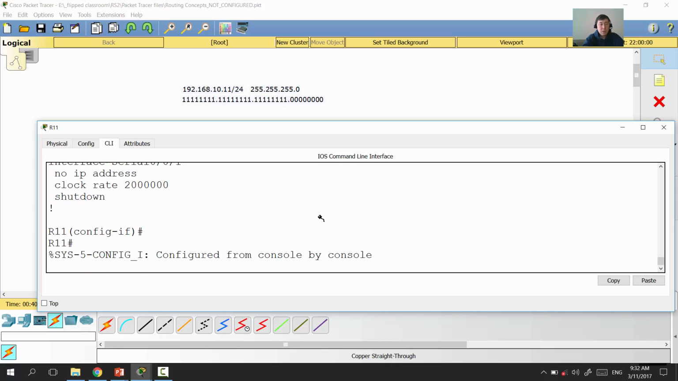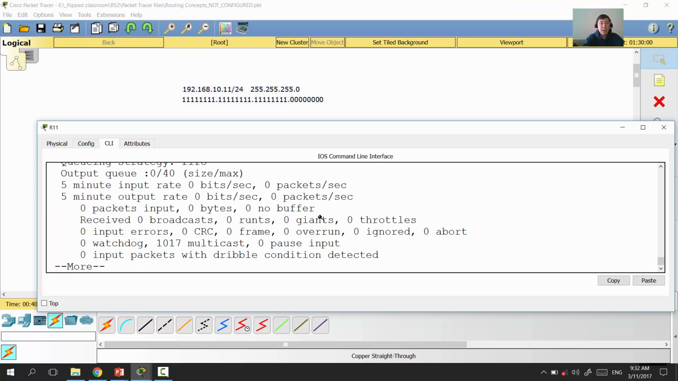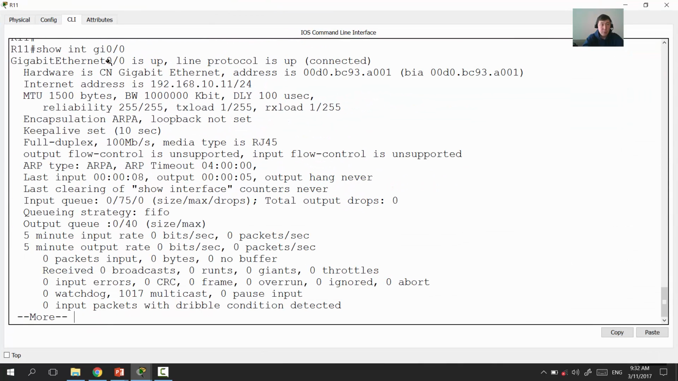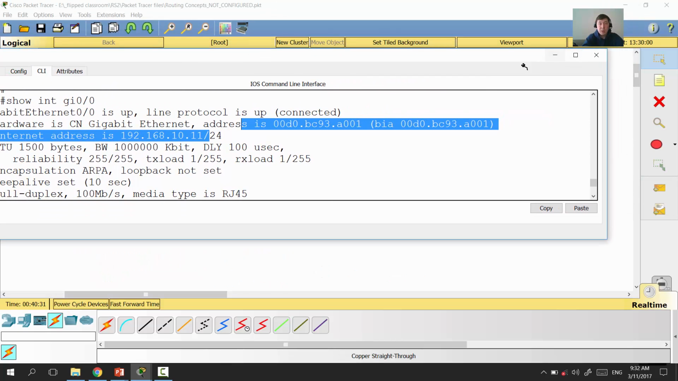In case you want to see detailed information about the interface, you can type the command show interface gigabit 0/0, and it will show you the full information about this interface. Gigabit 0/0 is turned on, the line protocol is up, and it is connected. Its MAC address looks like this. Its IP address is configured like this, and you see it has the prefix 24, but we didn't give any information about the prefix. We just configured the subnet mask. Alright, now